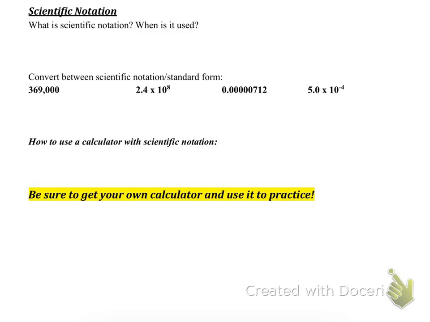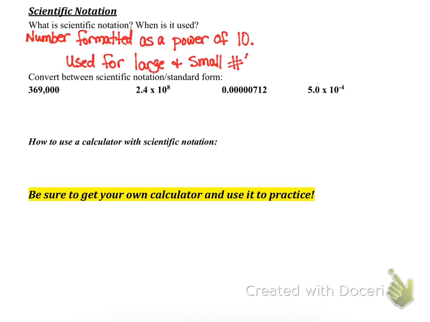Okay, scientific notation. Hopefully you're somewhat familiar with it. It's a number formatted as a power of 10. It's used for very large and very small numbers. And we move the decimal over into the right spot. The decimal always is in between the first and the second non-zero numbers. And the number of times that we move the decimal over, that's the power that we raise it to. So for example,